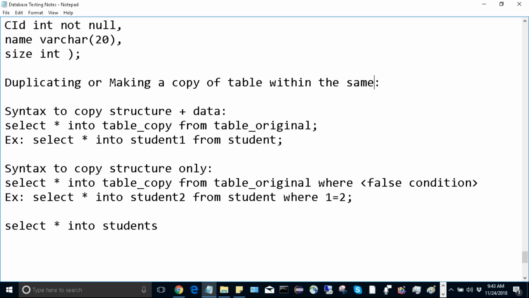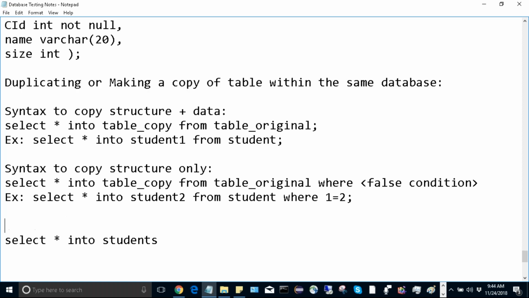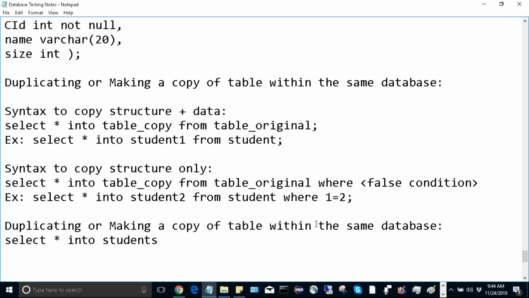Within the same database, you are in the existing database. For example, you created a database called Oracle or DB1. So this command will only create the replica of the table within the same database, whatever database we are currently in. But if you want to make a copy of a table from one database to another database,